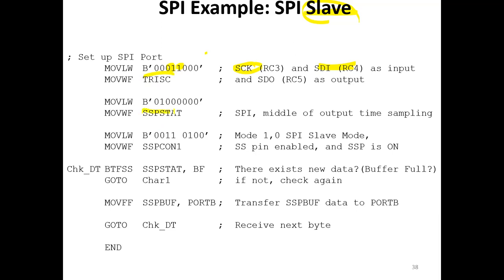Now we have to make the value of the SSP status the same value that we have seen previously. So we have the SPI at the middle of the output time sampling. And now for the SSP control, we have to select the same mode, mode 1. Okay. Now we have to select SPI in slave mode, not in master mode. So we have to enable the SS, which is the slave select pin, and we have to enable the SSP enable bit. SSPEN should be also 1. This will give you the value of the SSP control 1. Now we have done with the configuration. We have to check the flag, and it